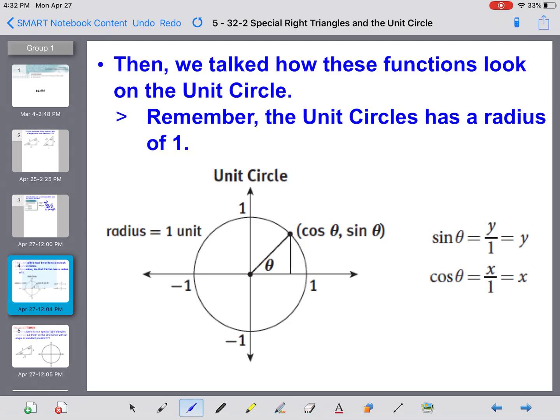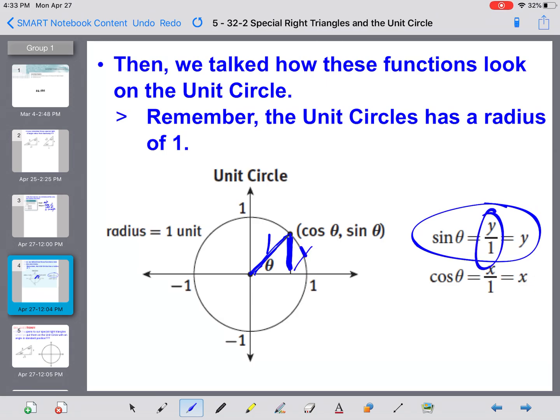And because of that radius of 1, right, this segment right here is a radius. You can draw as many radii as you want around the circle. But that has a radius of 1. So what happened here when we talked about sine, which was the opposite leg over the hypotenuse, the opposite leg here was just the y value. So y over 1,